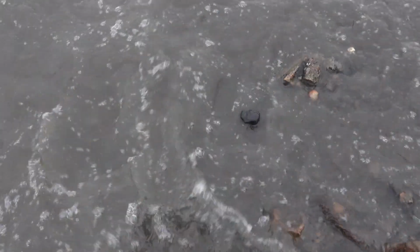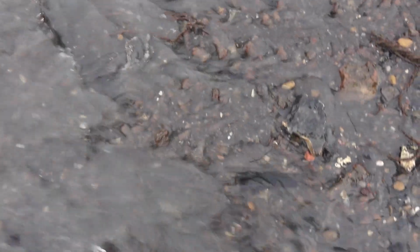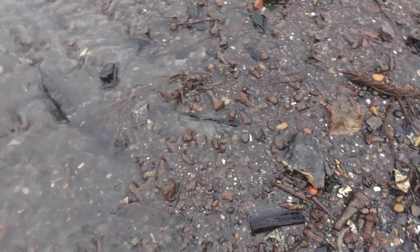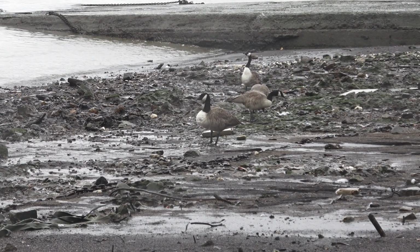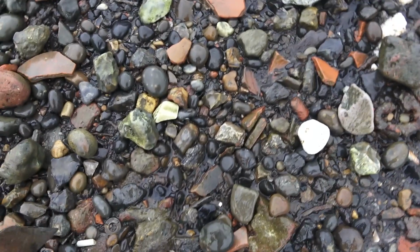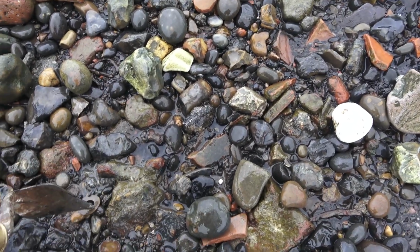And the good thing about it raining is that the visibility is really good. The rain has just washed all the mud nice and clean, so hopefully we'll find some good little treasures. Let's go and see. There's a little patch here which has drawn my attention for some reason. There's a few things that I want to look at, like